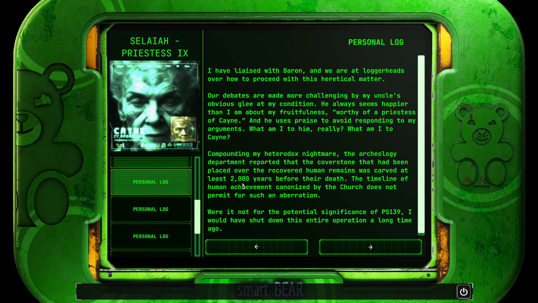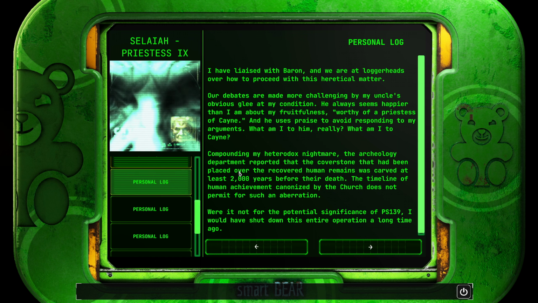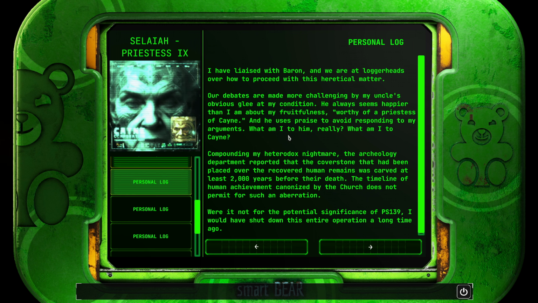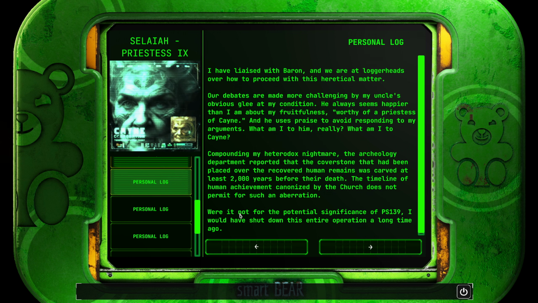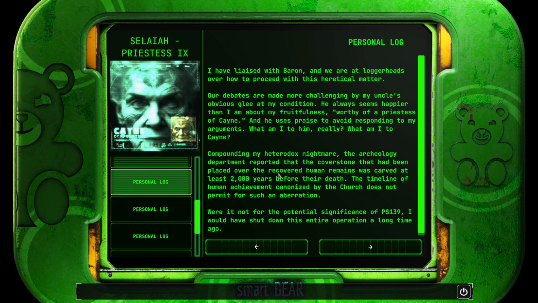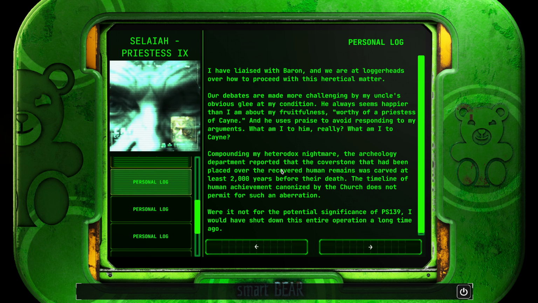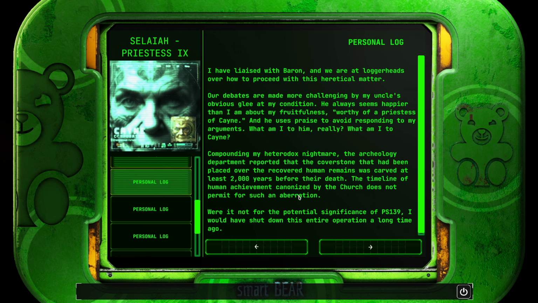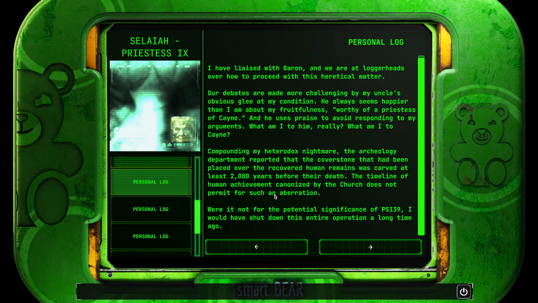I have liaised with Baron, and we are at loggerheads over how to proceed with this heretical matter. Our debates are made more challenging by my uncle's obvious glee at my condition. He always seems happier than I am about my fruitfulness, worthy of a priestess of Cayne, and he uses praise to avoid responding to my arguments. What am I to him? Really, what am I to Cayne? Compounding my